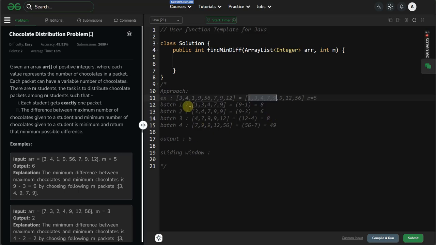So as we saw here with the batches, this we now call a window. It started from here. After moving the window one step to the right, it is 3, 4, 7, 9, 9. This is the second window. And if you move again one step further, this is the window, and at last this is the window, and we stop because we reached the last element. So this is how we check each window and compute some required value from that window each time and compute the output. So this approach is called the sliding window,